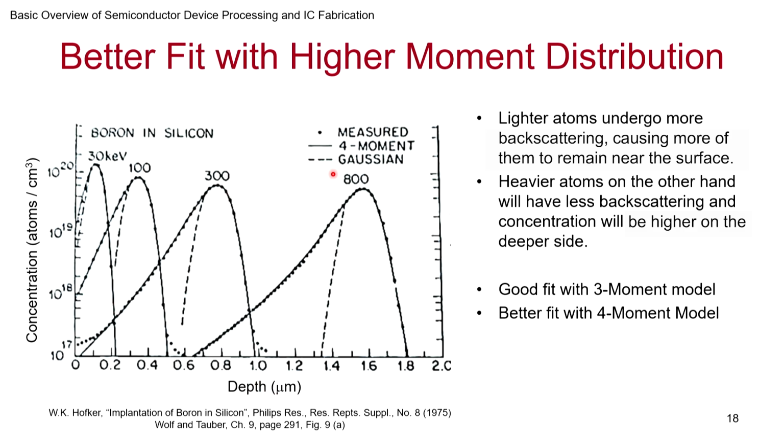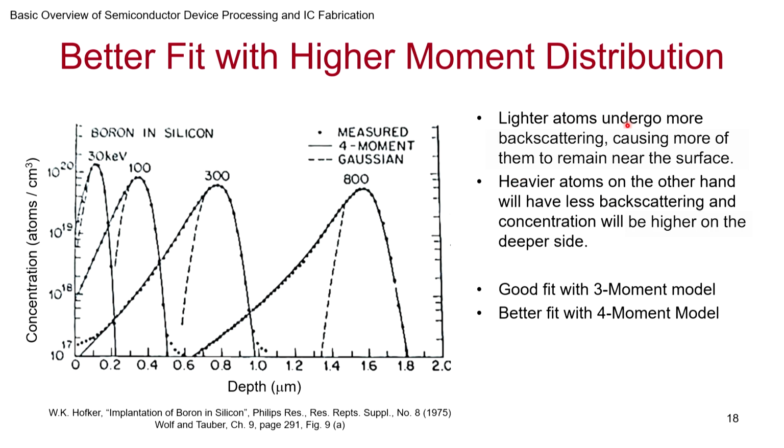Now, when you use a 4 moment model, that is a Pearson 4 model, you'll find that it captures it quite well, almost to the full range, except for small deviations at very low concentration, that is 3 orders of magnitude lower in concentration. Earlier, 1 order itself it was deviating, and in some cases even for that it is quite accurate. For 800 kilo electron volt implant, you can see that the 4 parameter model is able to predict very well what your profile is going to be. And so if you increase the dose, everything goes up, everything goes down, you are able to do that. So this is a wonderful way.